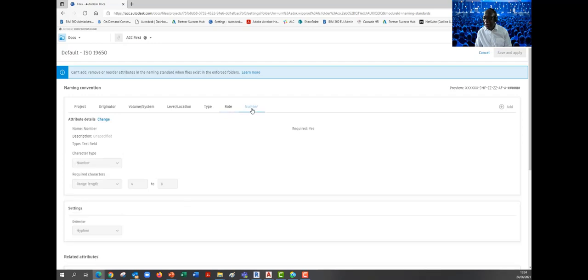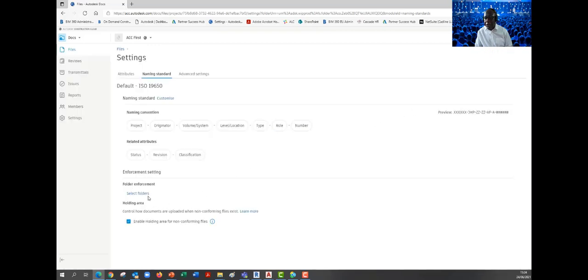And then the number, finally the project number. And what we can then do, if I want to add in my own, I can click on add, and it's saying I can't add any more attributes because I've already set the system up. But if it was a new one, I could click on add and add that in. But I'm quite happy with what I've got so far. So what we can then do is to say I'm happy with that,